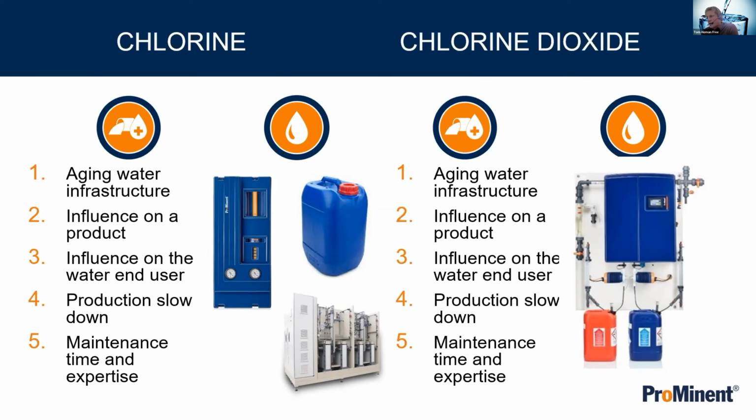I've seen shock dosing with biofilm, which literally tore a 1 centimeter thick green slimy layer out of horticulture pipework. But it does have an influence on the end product, or can have. It has influence on the water end user. It shouldn't slow down production, and maintenance time and expertise, if we look at chlorine, is very much dependent on how we add chlorine, because that's the main advantage of chlorine. It comes in many different forms, and we can buy it in many different forms or produce it on site